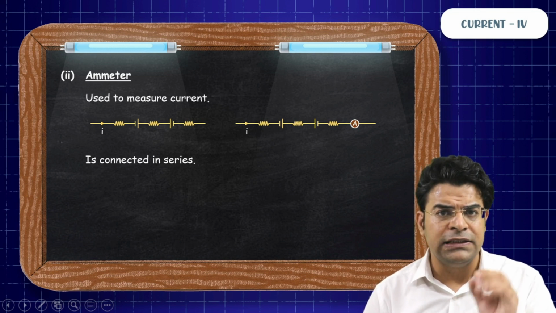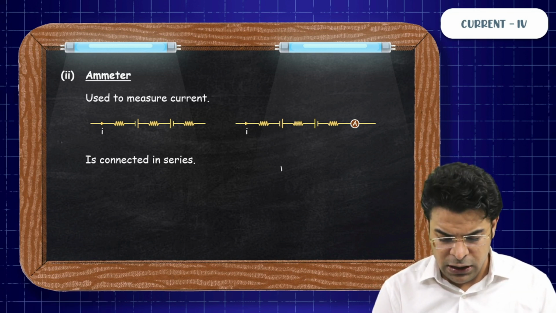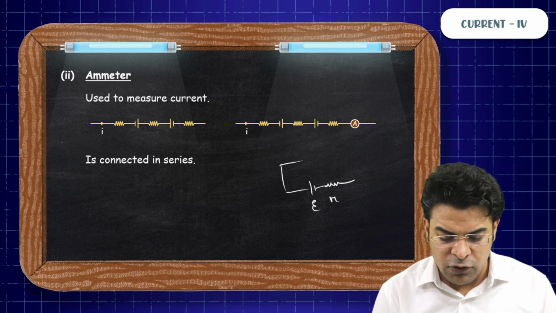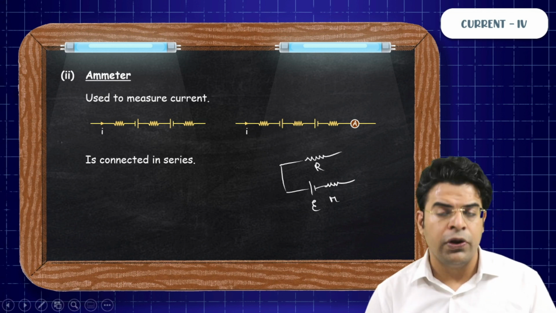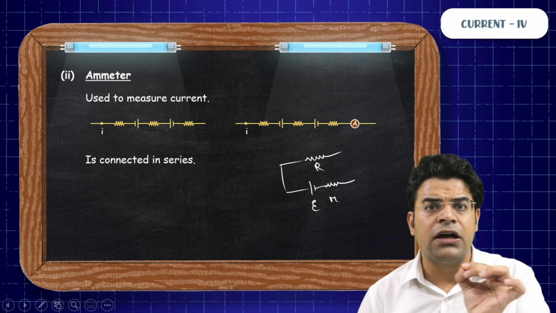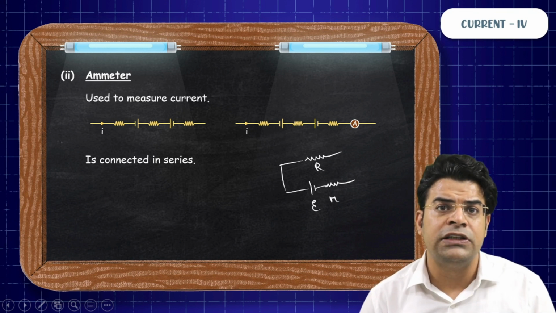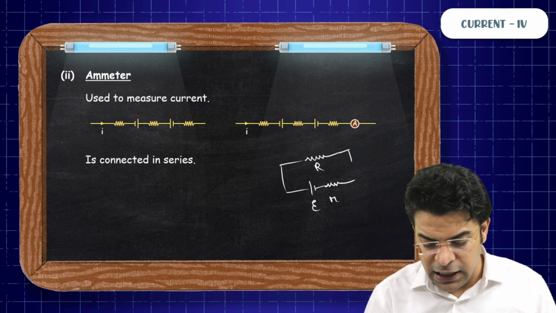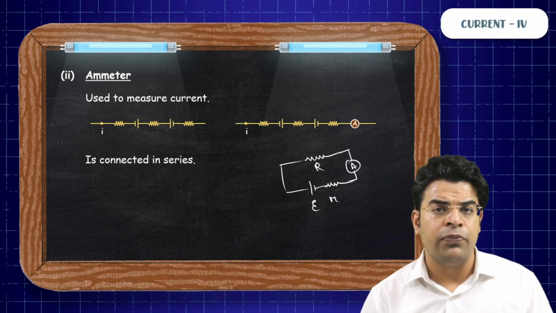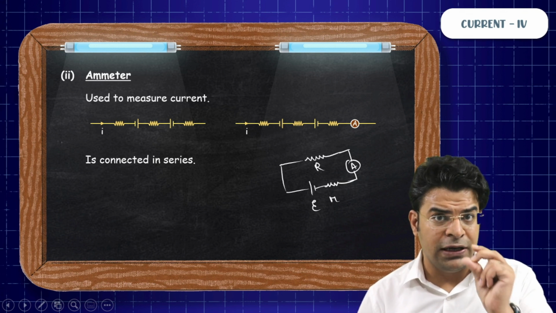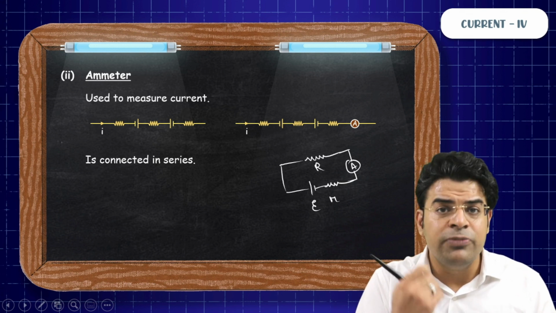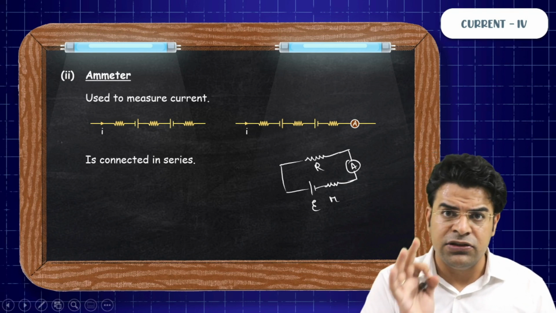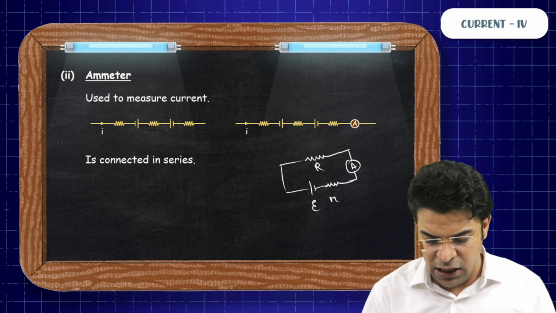To make you understand this, let me take a very simple example. Let's say we have a battery and the battery has some internal resistance and we have got one load resistance connected to it. Our mission is to find what is the current flowing through this particular load resistance once the circuit is completed. If we wish to measure the current, we will connect an ammeter in series, right? Now, once you connect an ammeter in series, since it is made up of some material, it will have some resistance, yes. Now, let's say the resistance of this particular ammeter is R dash.